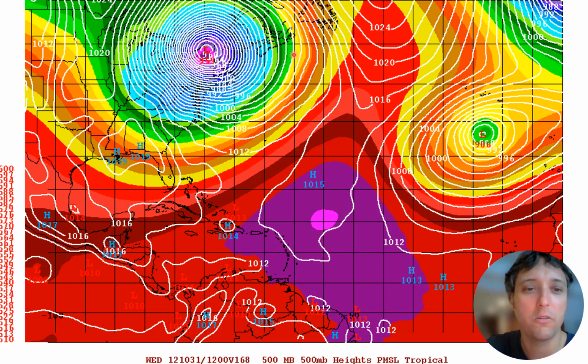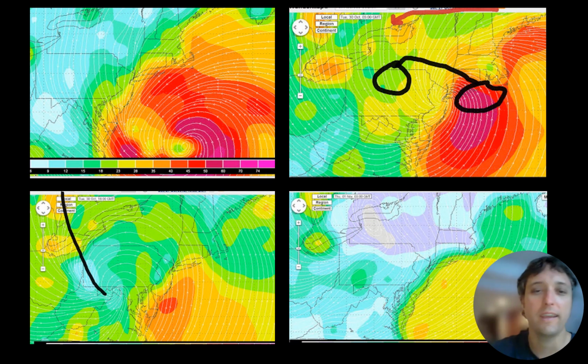Each of the model runs is slightly different, even a couple days out, but some of the potential solutions that are being presented are truly unprecedented in size and low pressure intensity for this part of the world. Like all-time records are on the cards. So this was my thinking at the time.